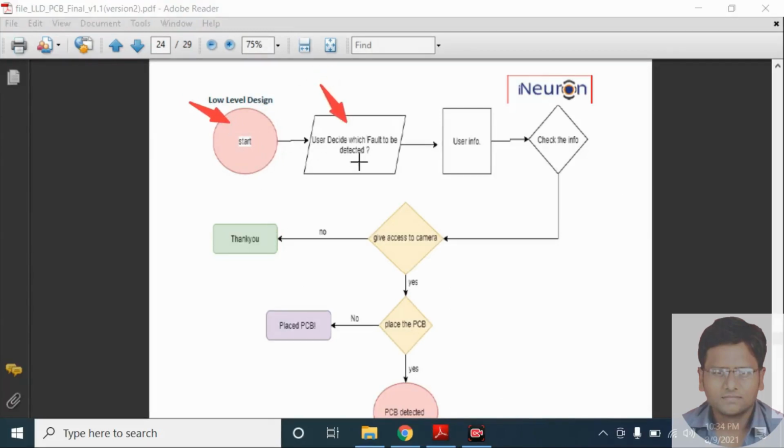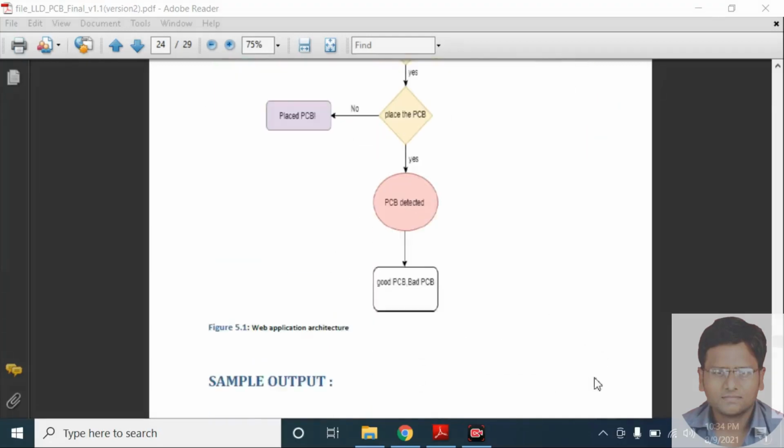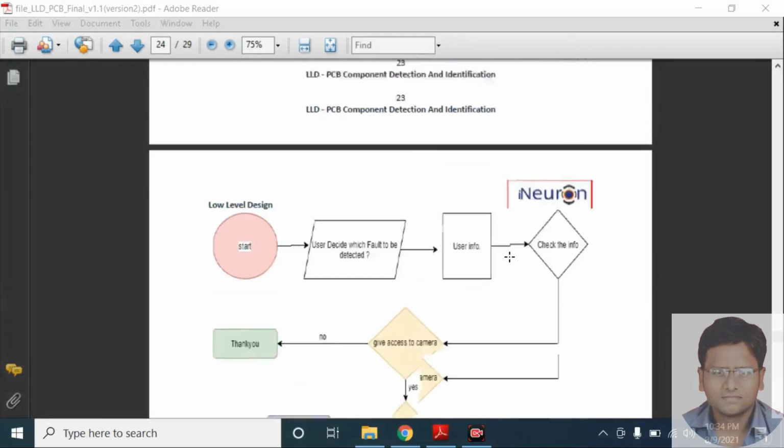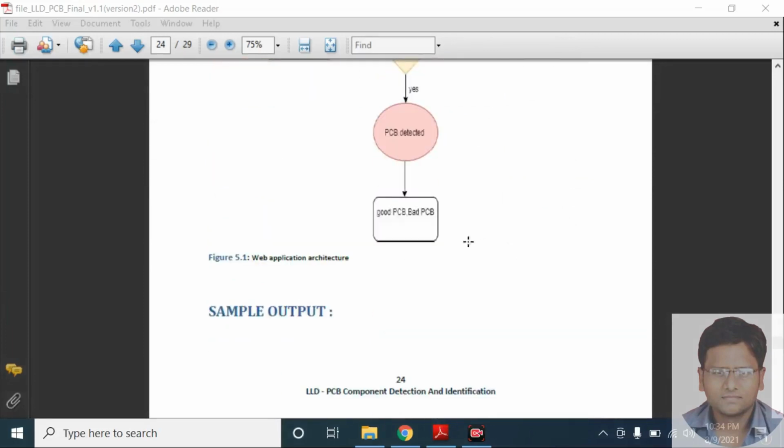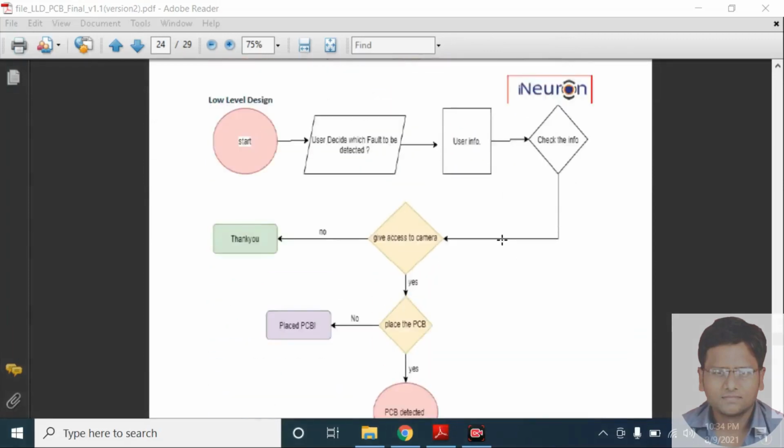The user decides which fault to be detected first of all, then we check the information, then give access to the camera, then the PCB will be placed, then the PCB gets detected as a good PCB or bad PCB. In this way, the web application architecture will run.